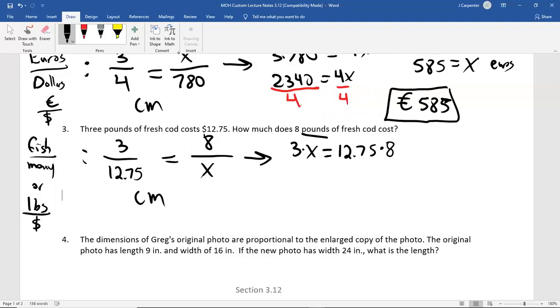The order of the products never matters. X times 3, or 3 times X, same thing. All right, so that's just 3x. We don't need the dot really. Equals